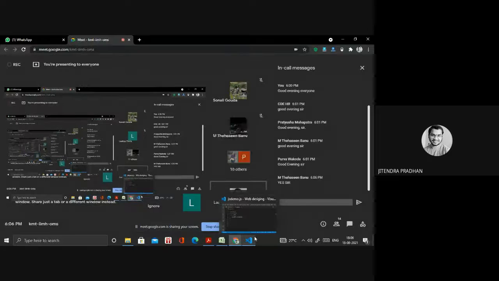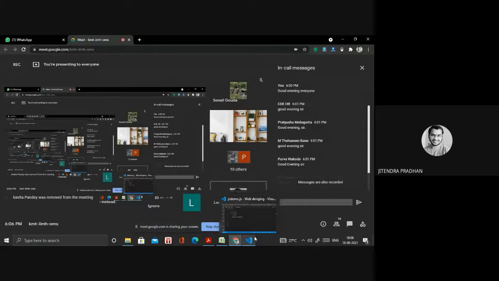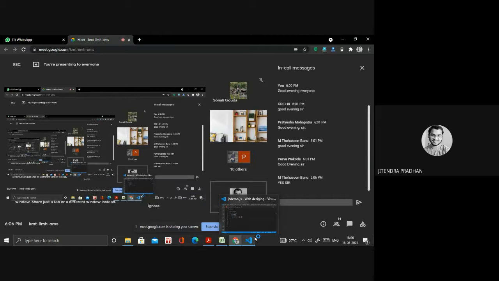Like any of the tags, I will mention a name inside that, so you can access the element by using the reference name. If you are referring to any child element in the HTML page without referring to the parent element, you cannot access the child element. It means that if you want to access the child element, at first you have to access the parent element, then you have to access the child element.